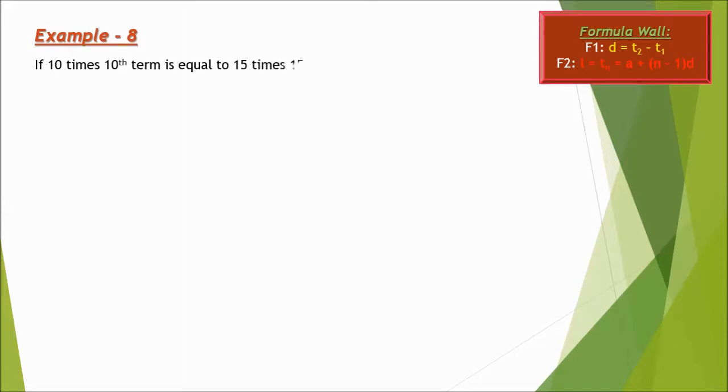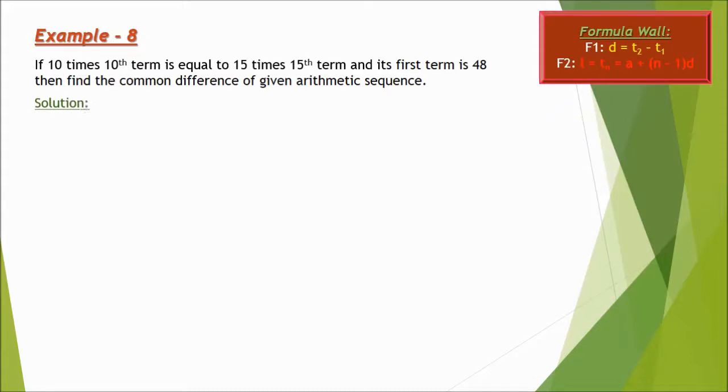Example 8. Now, you can see the formula. The question is on your screen. It is the same question, but given as a word problem, written in language form. Let's see. 10 times the 10th term,